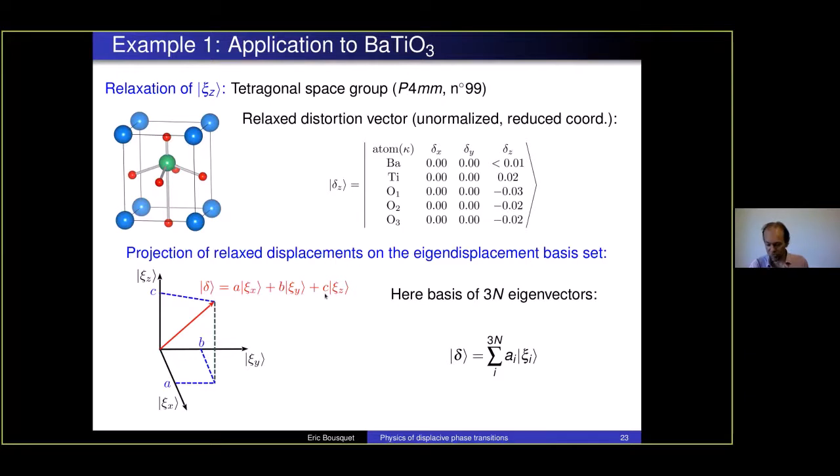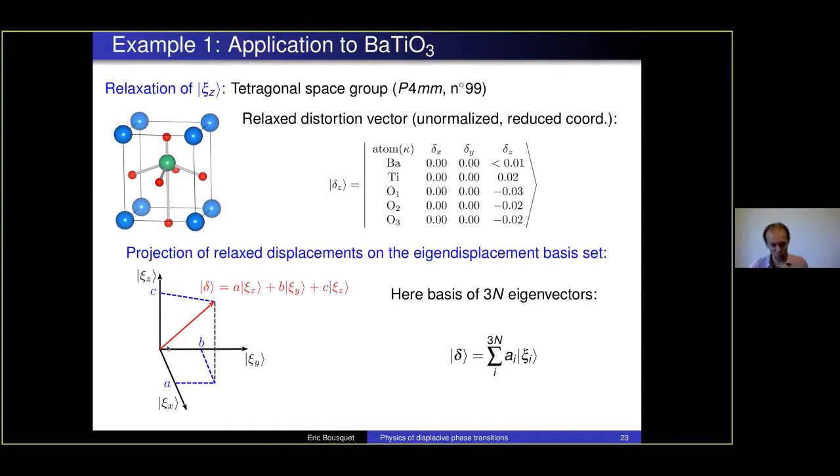But then we can do that with the phonons as well. Even if now we have 3n eigenvectors, so it's a 3n dimensionality, meaning instead of having X, Y, Z, we have all the phonon eigenvectors. Because they are all orthogonal and normalized to 1, they form a basis set that is complete. This means any distortion of the crystal, delta here, can be projected against the eigenvectors.